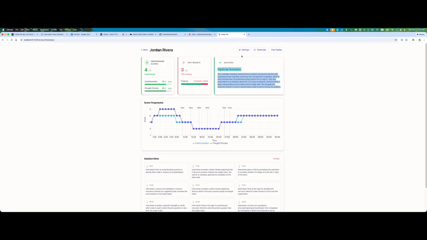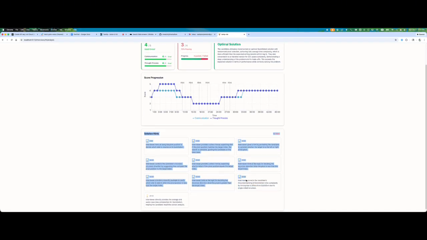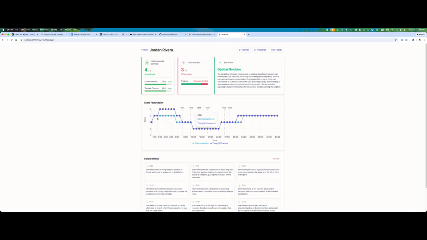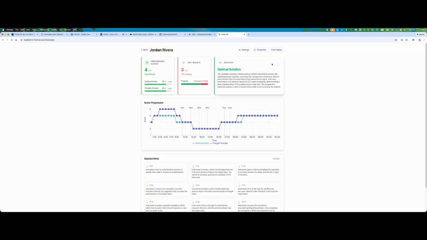And you see an overview of their solution and when they ask for hints and how often. Here you see how well they're doing over time, at 1 minute or 3 minute intervals. And if you're curious, you can also see what their question was and the raw transcript.